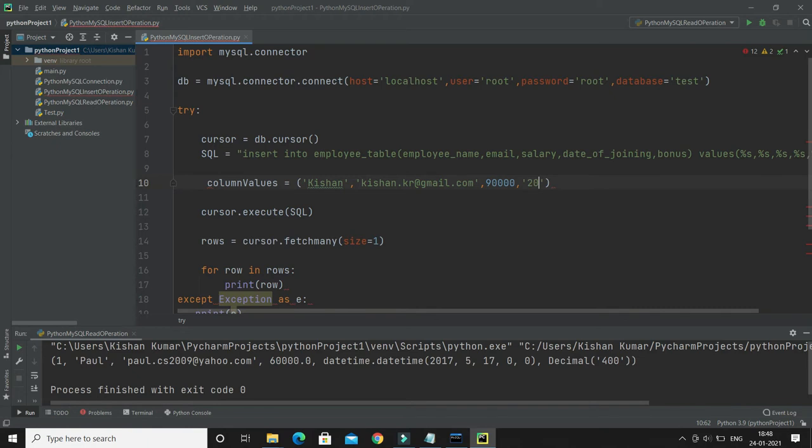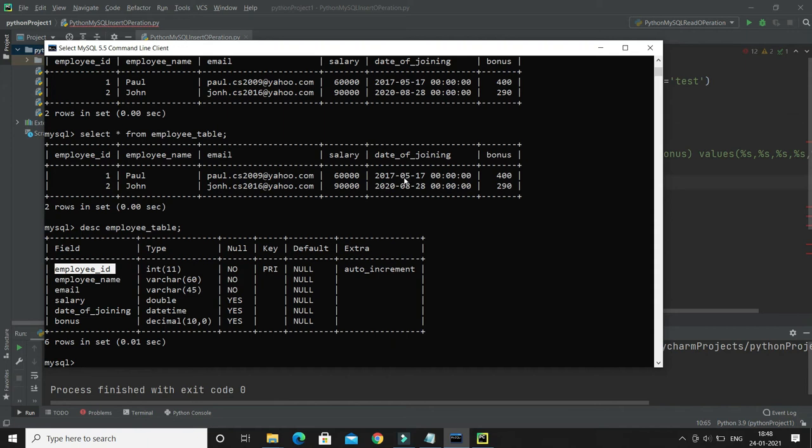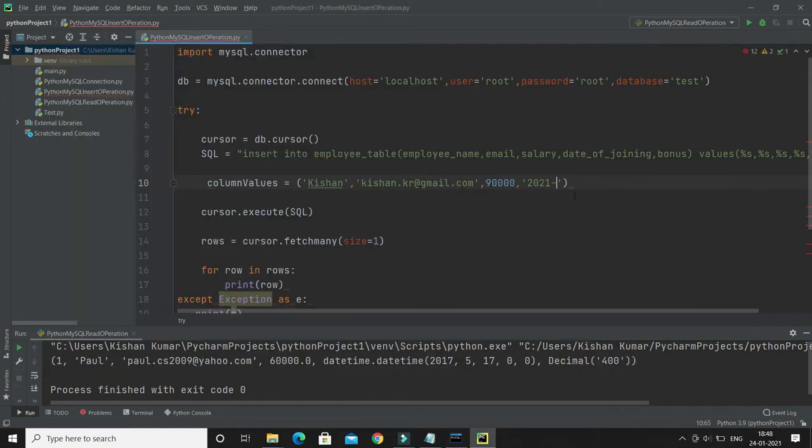So first of all I'm going to specify the year. Then you can see in the database, first the year, month, and then date. After that hour, minute, and second you can specify. So let's say month I am going to specify 01, and date we can give today's date, 24 Jan, right? Afterwards, the first double zero represents hour, the second double zero represents minute, and the third double zero represents second, right? And finally we need to specify the bonus. Let's say I'm going to specify 700, right?